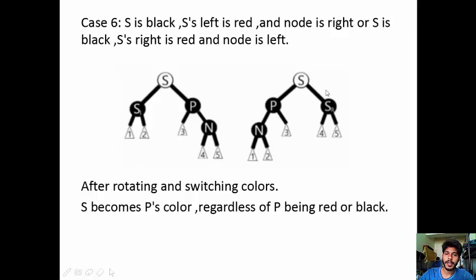Similarly, it is the same with this one, where we have the sibling on top, the right child of that sibling on the right side, and our parent node on the left side, and for the parent, the node to be deleted is on its left side. So now it will be easier for us to delete that particular node N. So this is all we have for deletion in this red black tree session. Thank you.